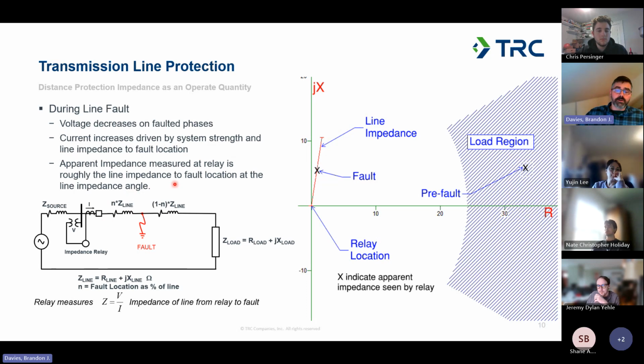So the apparent impedance the relay is going to see based on that decreased voltage and increase in current is going to be proportional to the location within the line. And again, that's why we call it distance protection, because you can fairly reliably tell where on the line the fault is by looking at the apparent impedance the relay sees compared to